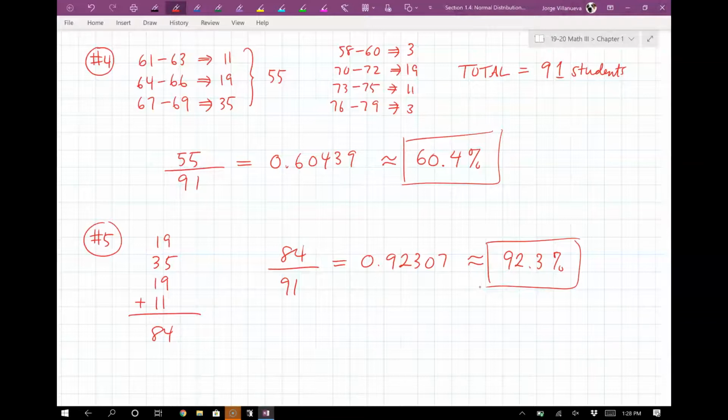8 and 9. Okay, let's look at numbers 8 and 9. So I'm going to do number 8 for you guys. You guys can do number 9. Okay,